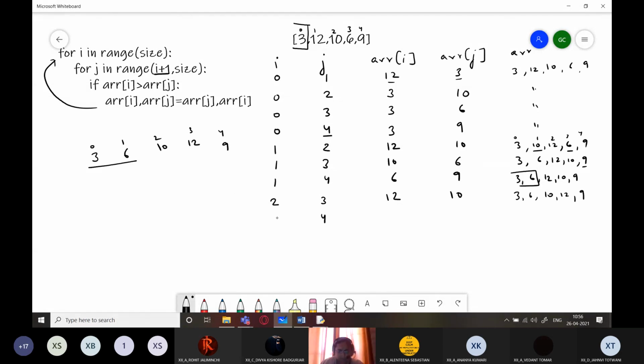Right? Next time it is going to be index 2 and index 4, so elements are 10 and 9. 10 is greater than 9. Yes. Again swap them. So now they are also swapped.